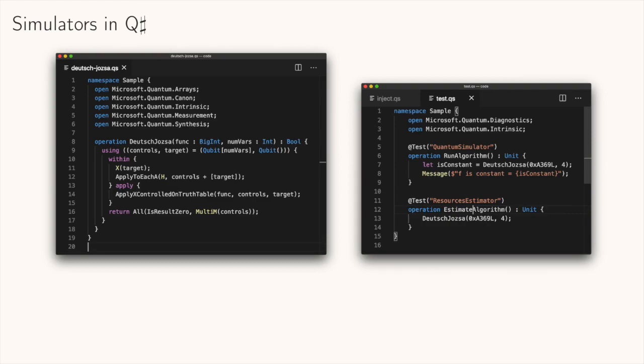We can run this program using a simulator, and one way to do it is, for example, using a test project. In this test project over here, the Deutsch-Jozsa algorithm is instantiated twice in 2 different tests. However, for each of these tests, a different simulator is being used. For the first test,